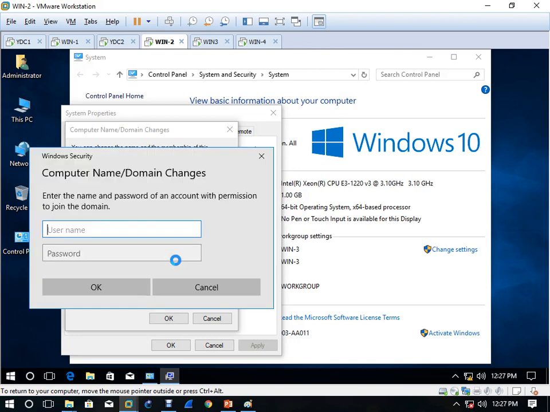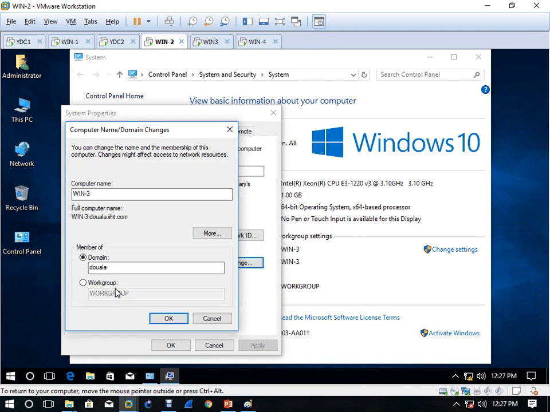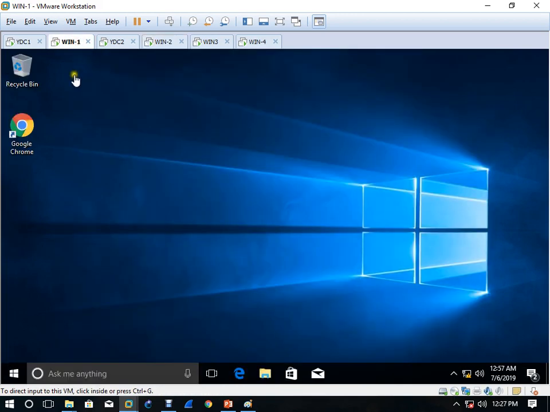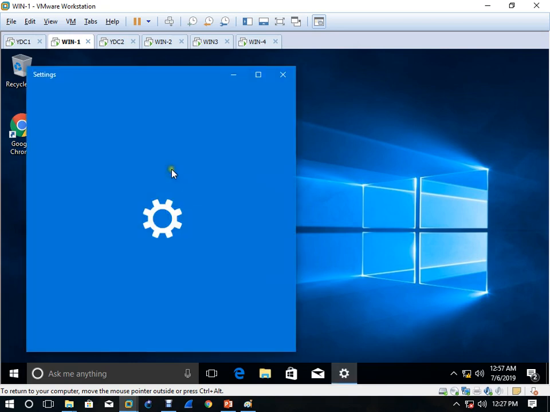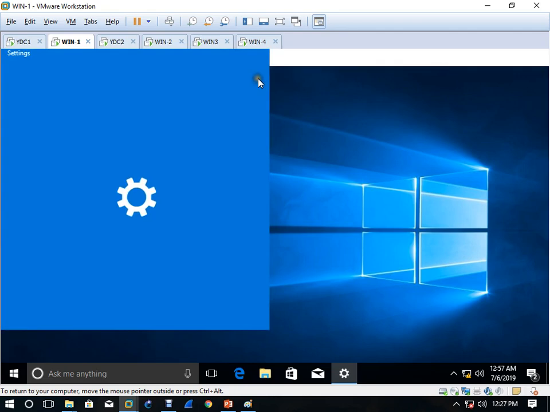What is the name of your user? D1. Password is set. So on this machine, right? Who used to log in on this machine? The client of IST, like IST, Douala IST. On the parent, right?